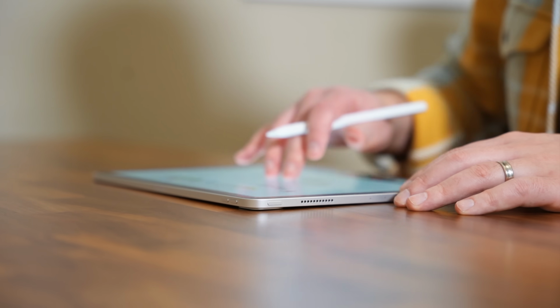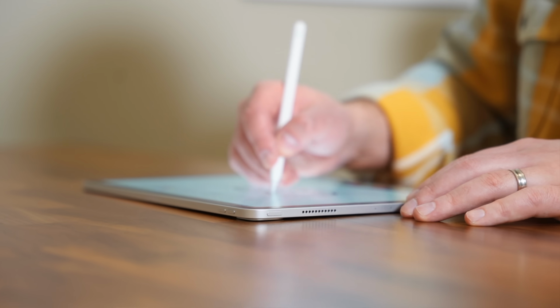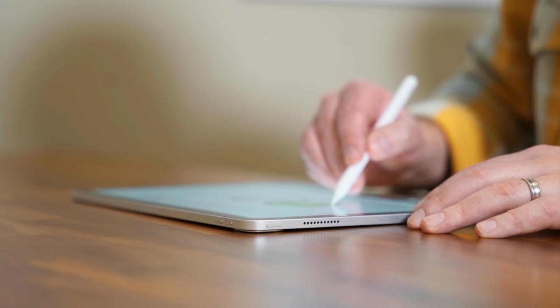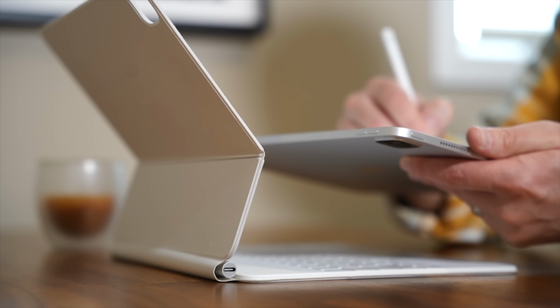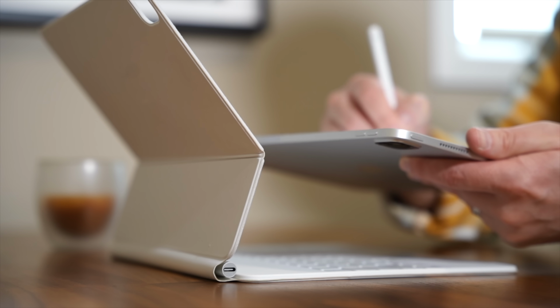When I'm using a Mac, I don't think about how I'm doing stuff. I just do it the way that there is to do it. But with the iPad, I can rip the screen off, I can just hold it while I'm doing some handwritten notes, and when I'm done, I can just slap it back on the Magic Keyboard and get back to typing or browsing. So I did find that there was a little bit of a learning curve, so to speak,